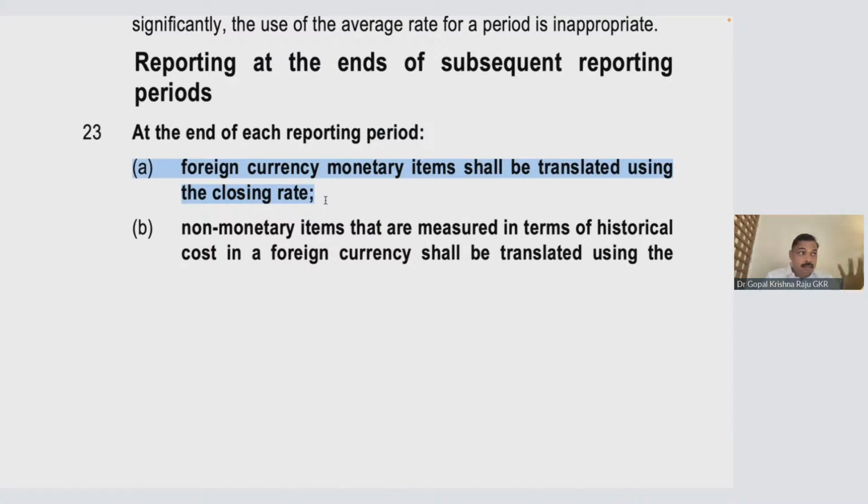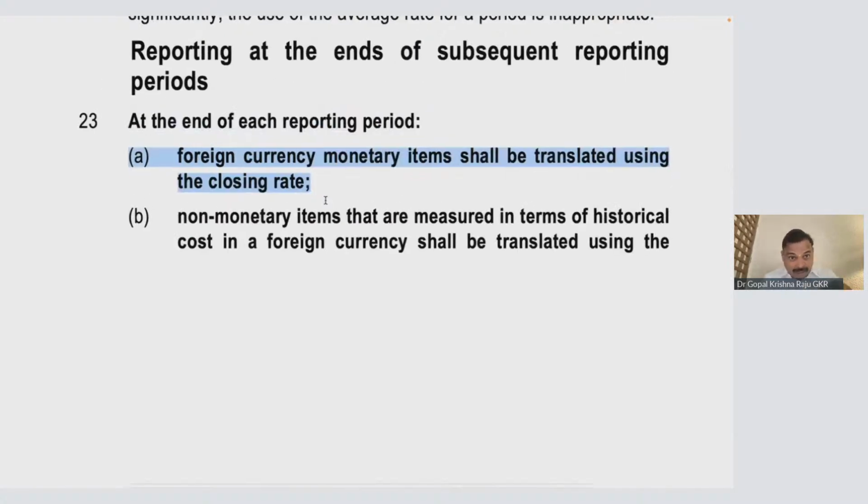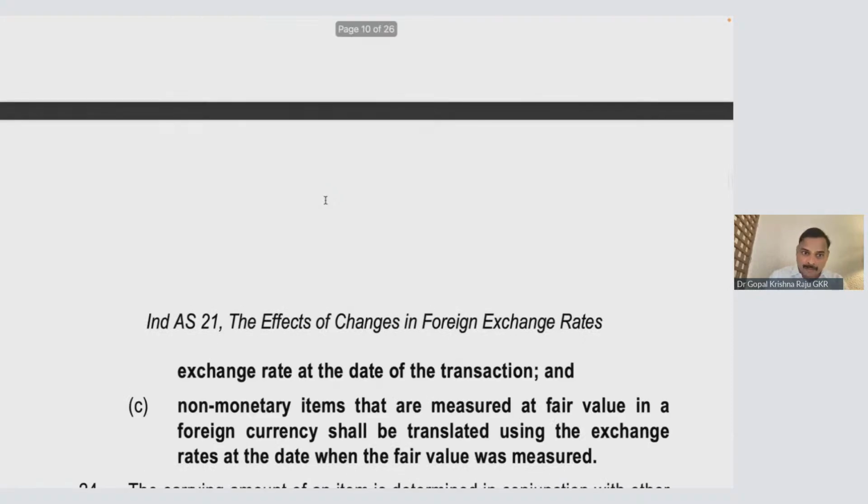So then my liability will go by 2 lakhs. So 90 lakhs will become 92 lakhs. So my credit liability is 2 lakhs. Now where will it be debited? So reporting at the end. So at each reporting end, foreign currency shall be translated using closing rate. Okay. Now,